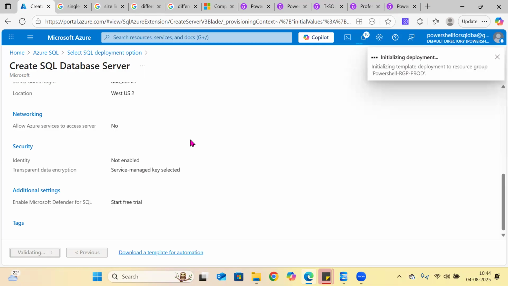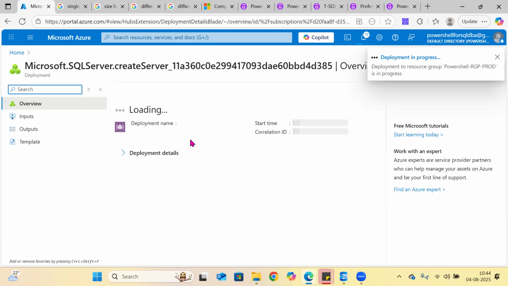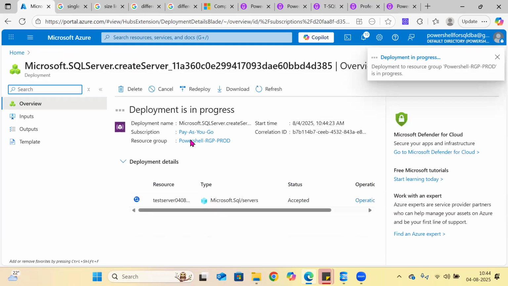So what you understood, there is no concept of VNet in Azure SQL. Because VNet is not there, there is a lot of limitation and restriction. If you want any virtual network or subnet, then you have to go for MI. But in the managed instance, there is the concept of virtual network. Remember, in PaaS there are two parts. One part is Azure SQL, one part is MI, right? So if you compare with the MI, you can